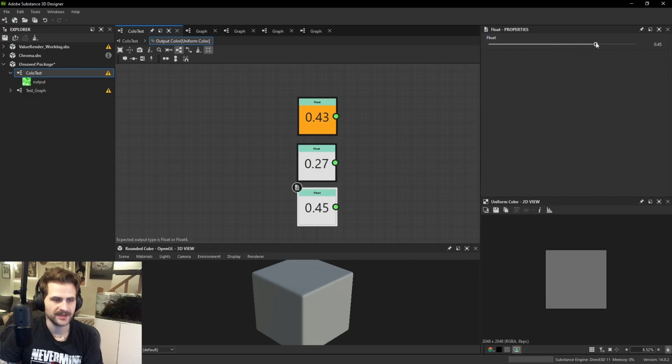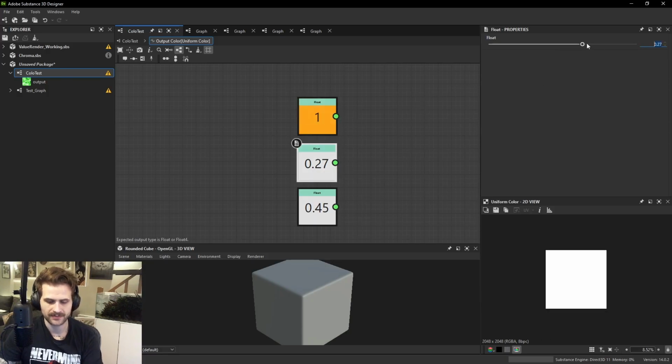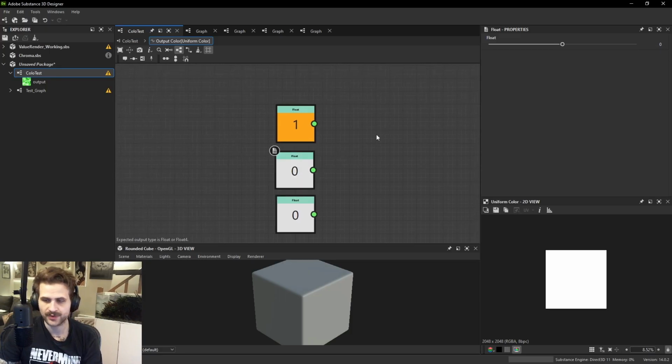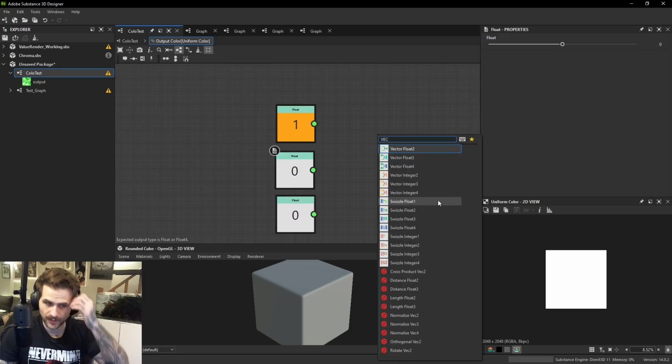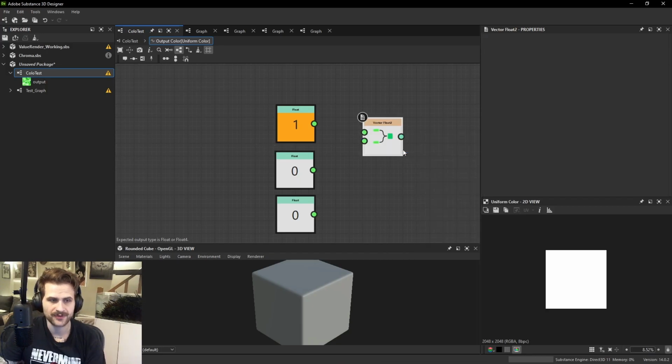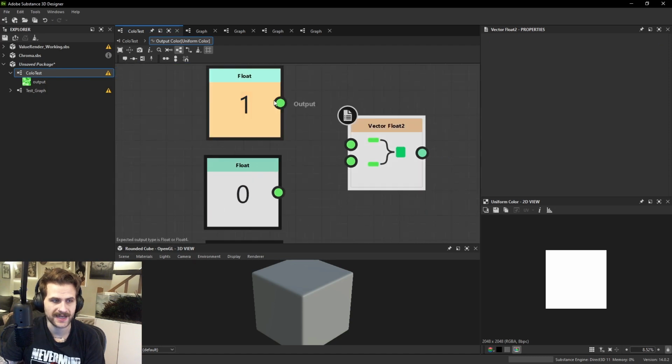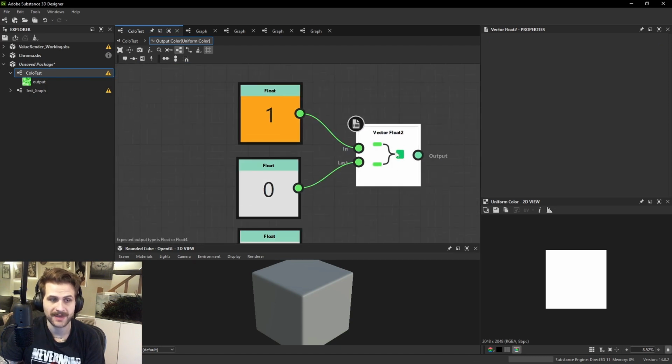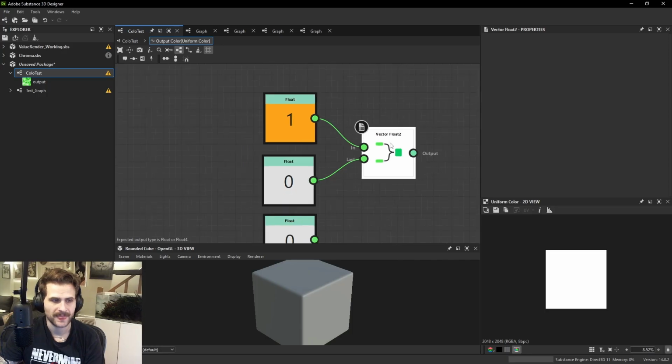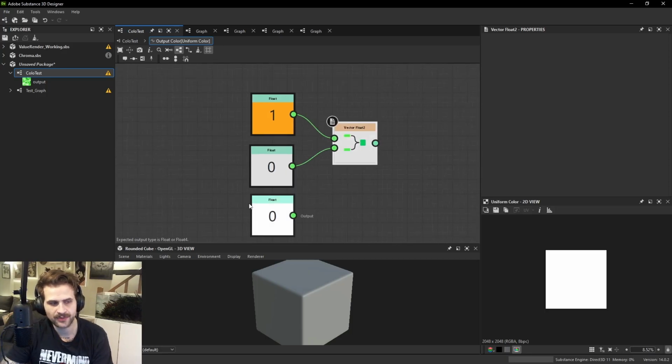And we can combine these to make a float 3. So for instance, red would be 1 red, 0 green, 0 blue. We can combine these into a bigger float. So you're looking here for vector floats. If you get a vector float 2, this will allow you to attach 2 floats to make a float 2. Now I can't set this as the output node because this graph is looking explicitly for a float 4